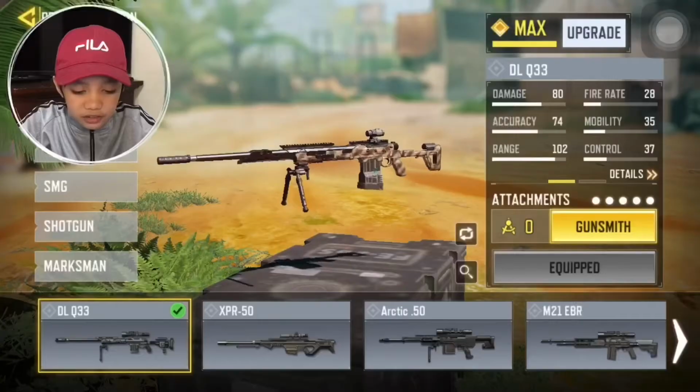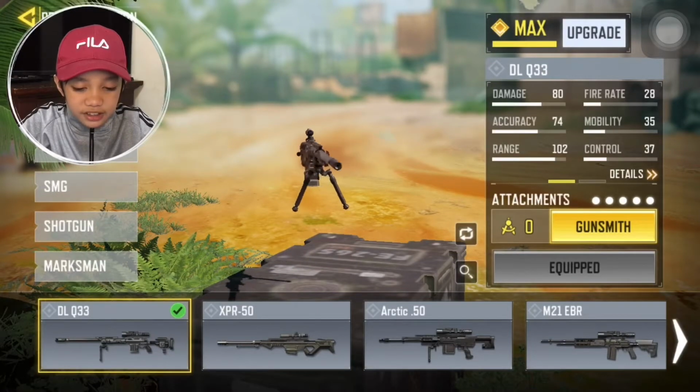There's a task where you have to do 30 headshots with a sniper rifle. And if you do, you'll get a new sniper rifle that explodes. The sniper rifle I was using is the DLQ